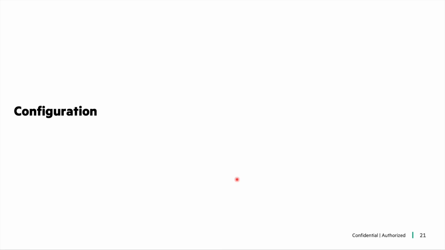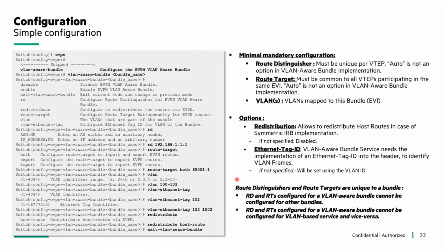Now, let's take a closer look at how we configure a VLAN-aware bundle service. The configuration for this type of EVPN service requires three mandatory items: the route distinguisher, the route target, and the VLAN we want to associate to this EVI. It is important to note that unlike VLAN-based service, route distinguisher and route targets do not support the auto keyword. It means that we have to specify values for the route distinguisher and for the route targets,